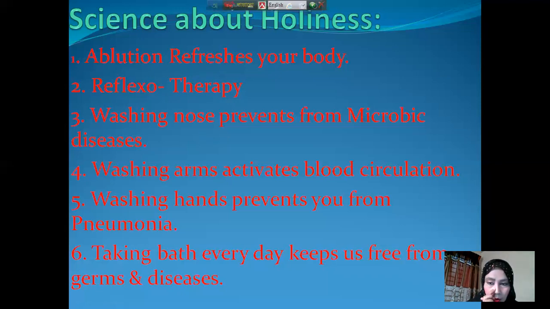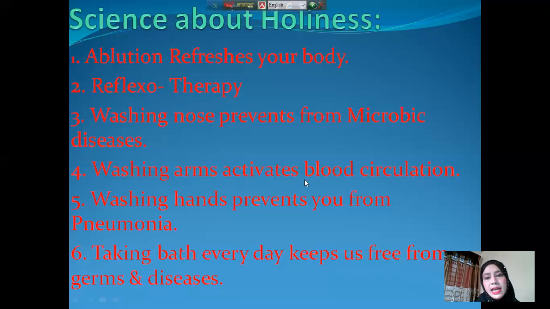Then in the third, washing the nose prevents microbial diseases. Students, inside our nose, you know that there are lots of microbial germs, and because of these germs, we are facing viral fever, coughing, fever, and many more diseases. If we wash our nose properly by following the rules of ablution, and if we reach water nicely, at that time we can be free from microbial diseases. Because actually we cannot see microbial germs, but after some days we feel the bad side effects. Okay, then